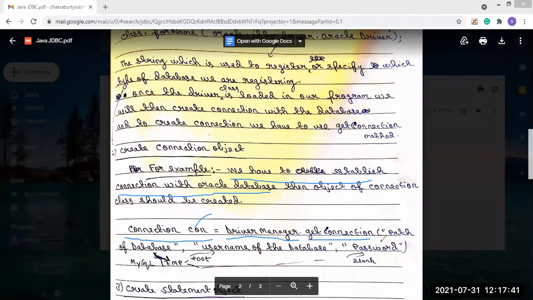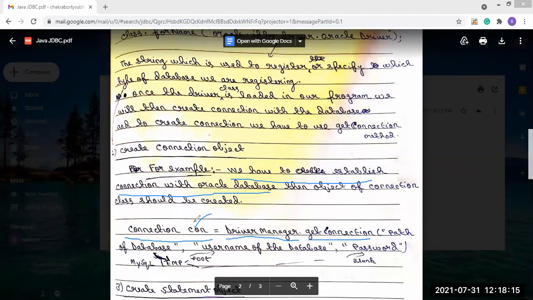And as parameters, we use three things. One is the path of the database, another is the username of the database, and the third is the password of the database.